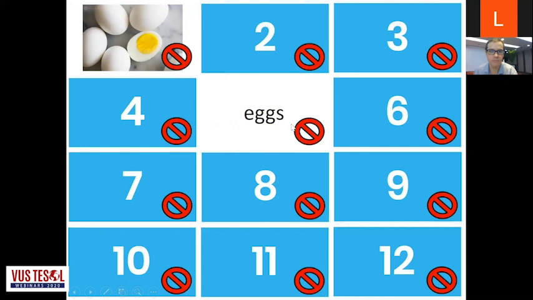Now don't just show PowerPoints and play a game. Get your students using that language. That's part of creating a student-centered class. Make it visual, but get your students repeating it. So everybody, what do you want? And they have to say it, I want eggs. Yes, you can add sounds to that if you want.